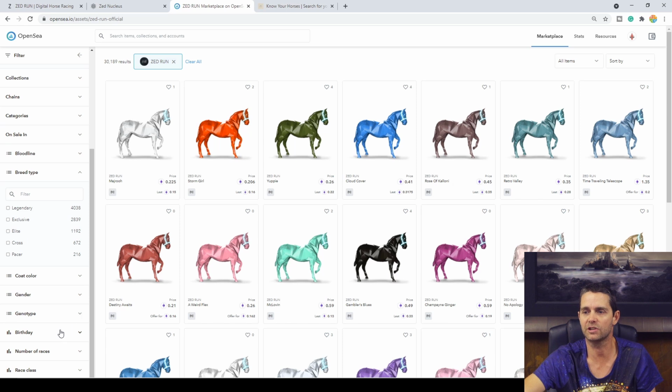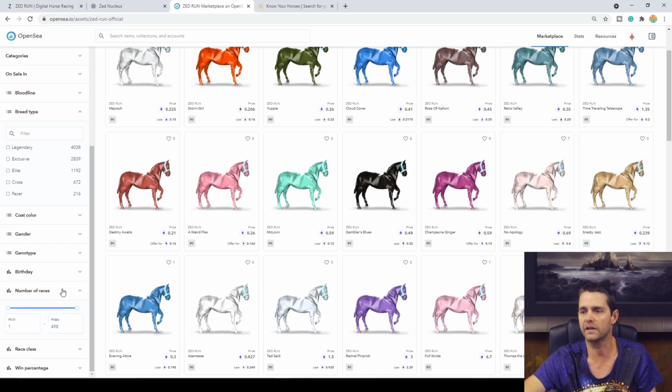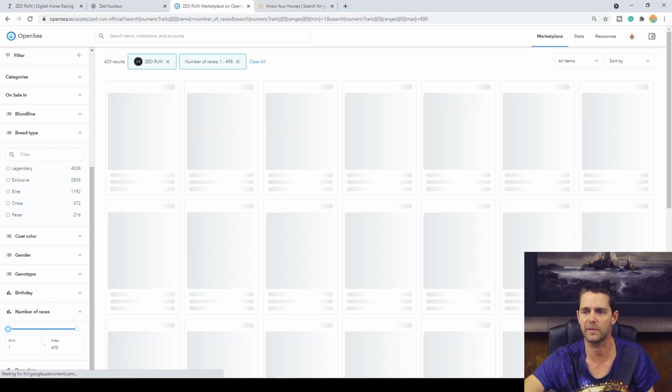Okay, so that's genotype. And then you can go as far as birthday. I don't know why you would want to know when the birthday of a horse was, but now at the time of recording, these lower categories, number of races, race class and win percentage weren't working last time I checked. So if I go up to 50 odd races, they work to a degree, but you can see none of the horses are for sale. So if for some reason it takes all the horses for sale out of the equation, you can see if I put that back to 0,